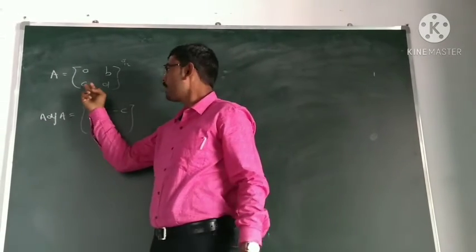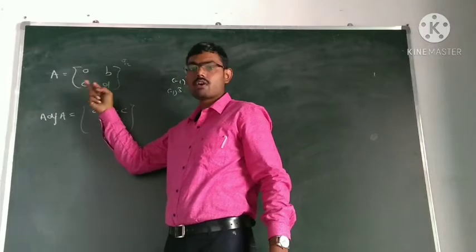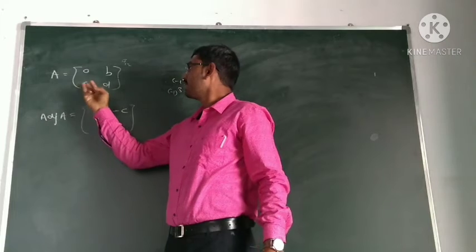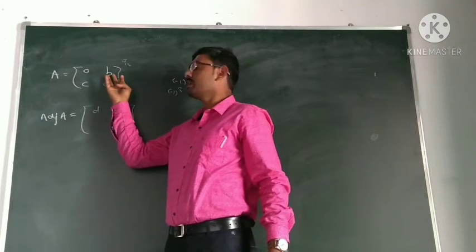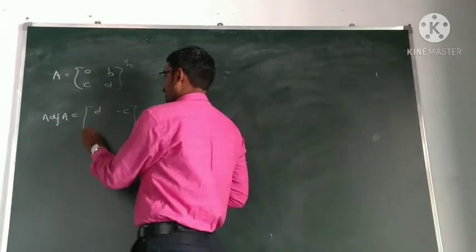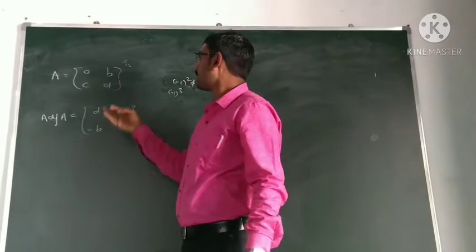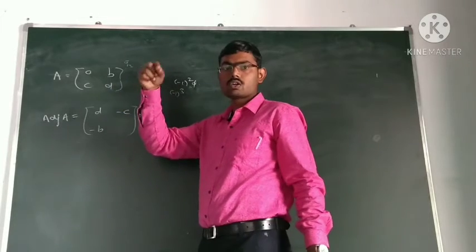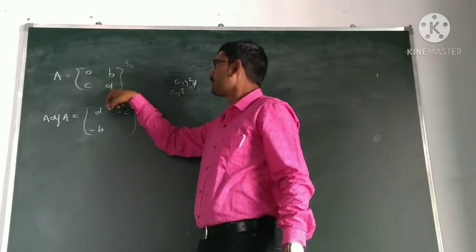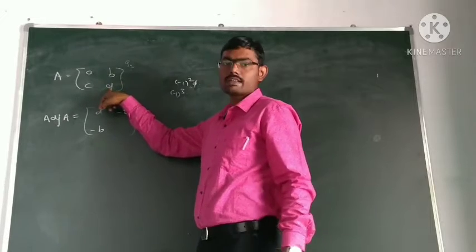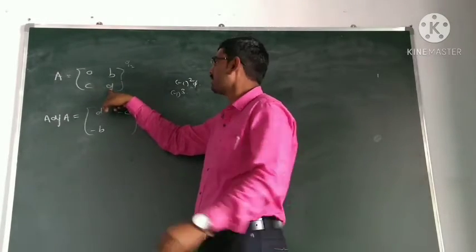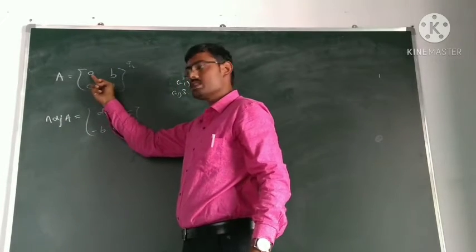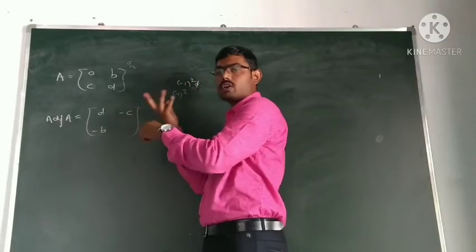Then the cofactor of C is equal to minus 1 raised to power 3, since this is element 2 1, so minus 1 into the minor of C, and the minor of C is the determinant of B, which is B, so minus B. Then the cofactor of D, this element is A2 2, so minus 1 raised to power 2 plus 2, which is minus 1 raised to power 4, into the minor of D. The minor of D is obtained by taking the determinant after deleting this row and this column, which is A, so minus 1 raised to power 4 into A is A.